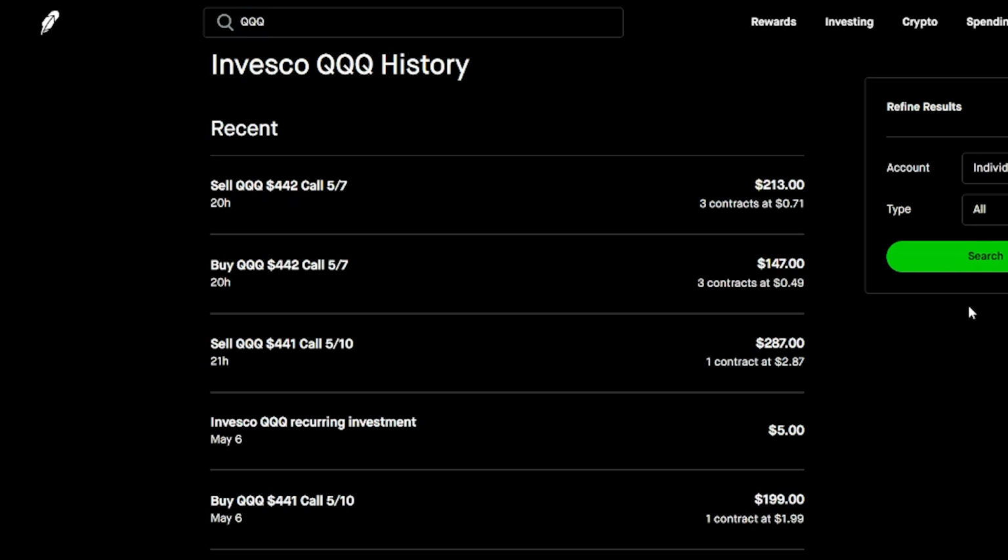If I had gotten greedy and gotten back in right around when it touched over 442, you saw what would have happened. It started consolidating at that point, and it would have been losses, because that was an option that would expire the same day. So I did this just to show you guys that you can also use swings and options that expire the same day, the 0 days to expire options. And the whole purpose of that, like I said, you could create some type of hedge that can just help to lock in profits for you.